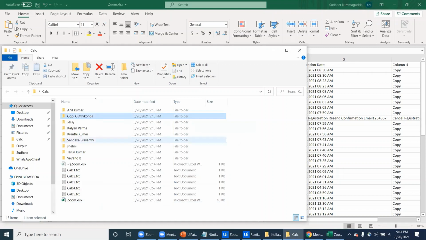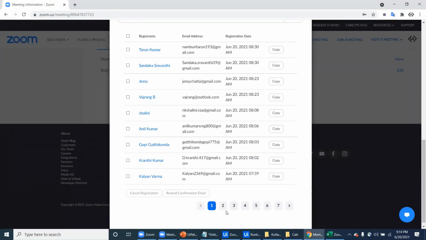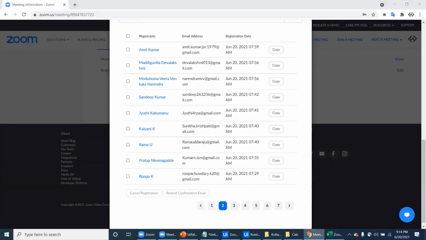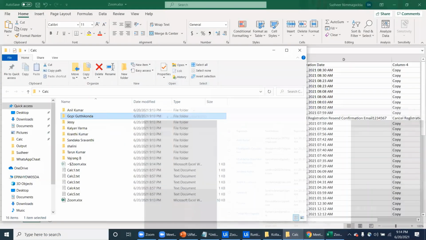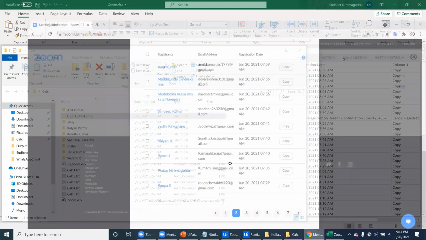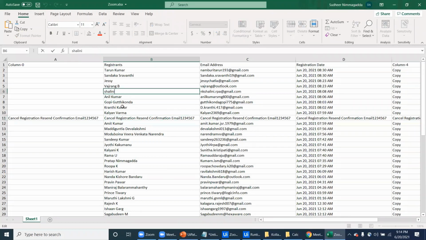So Anil Kumar, Gopi Gutikonda, Jesse, right? So what is the first one? Let's go to this. Yeah, Kiran. Up to where it is created, and Shalini does not have a